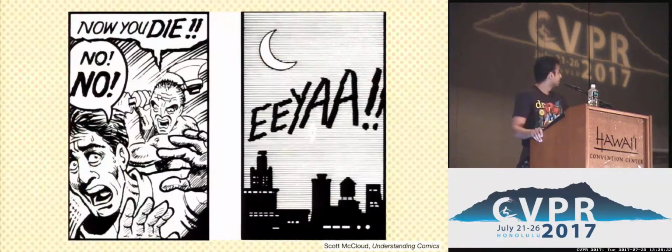So what exactly do I mean by these transitions? Here we have two panels. On the left, we see a man taking an axe to another man's head. On the right, we see a zoomed-out shot of a skyline at night, punctuated by the text of a scream. We can all infer the violent action that no doubt occurred in the space between these two panels, which is